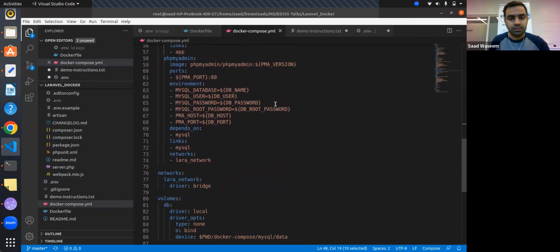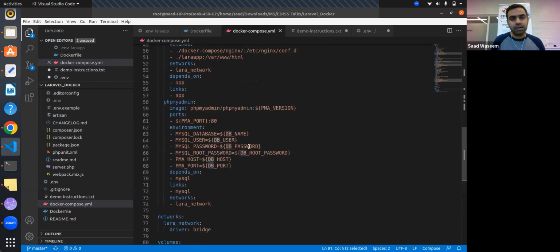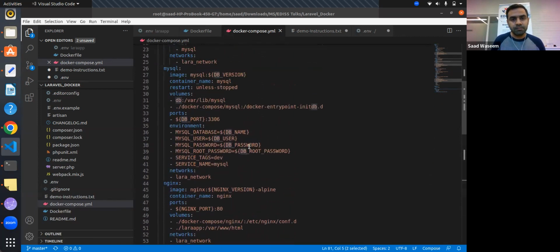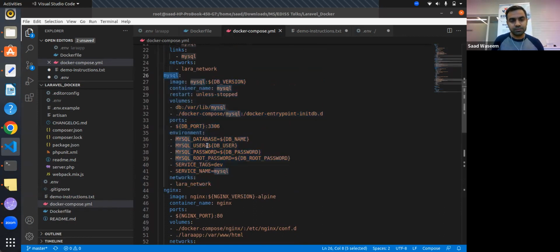One last thing that is important to discuss is this volume thing, that we are defining this explicit volume in this case, and this volume is called dB. And when we define our MySQL service, so this MySQL service in here,